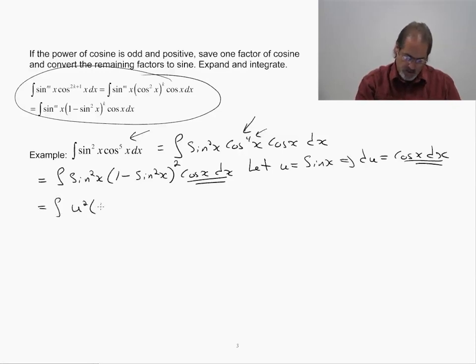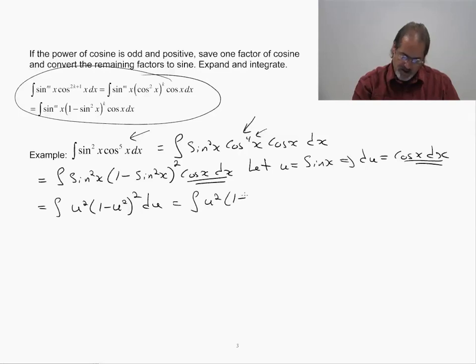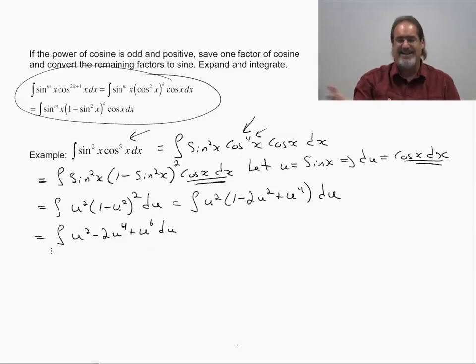u squared times 1 minus u squared squared du, which let's just do a little algebra. And this is going to be the integral of u squared times 1 minus 2u squared plus u to the fourth du, which equals the integral of u squared minus 2u to the fourth plus u to the sixth du. See, now I have this nice polynomial in u, which I can easily find antiderivatives of. And that is going to give me